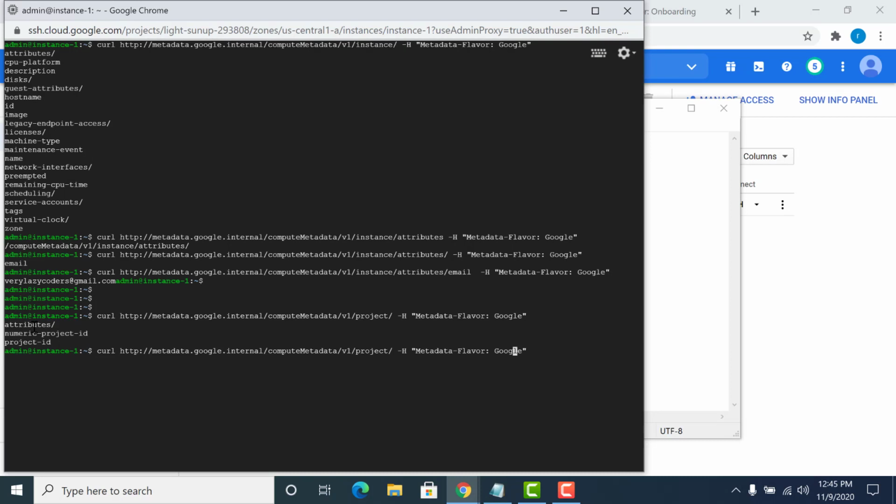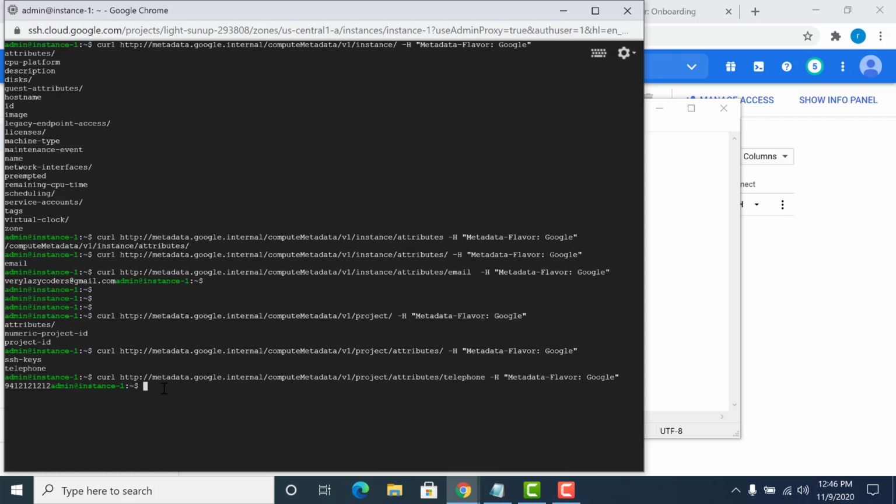I will paste that, and the value would be within telephone. Telephone is the key that we had stored the value in. And there you go. This is how you will access the project-based metadata.